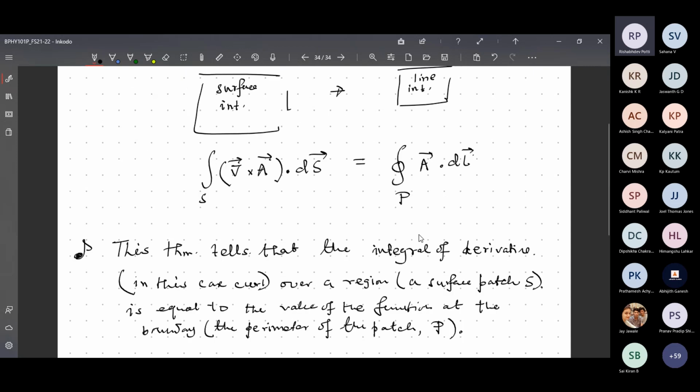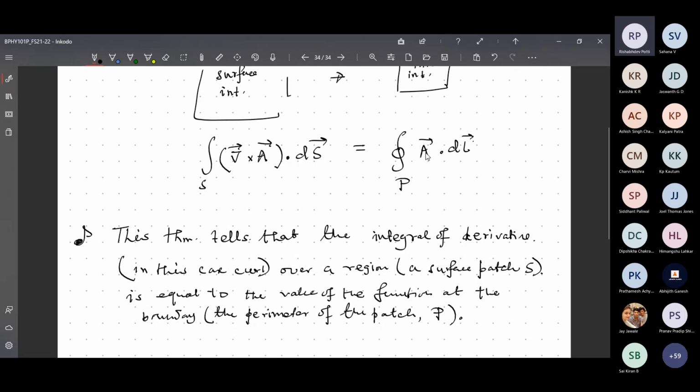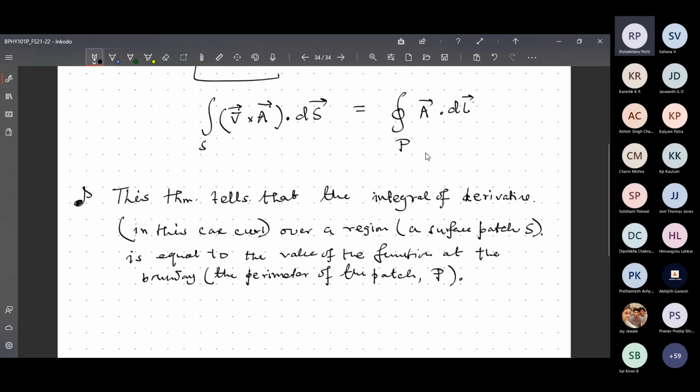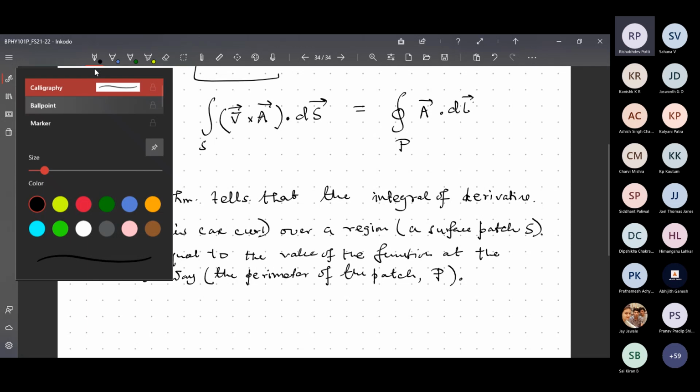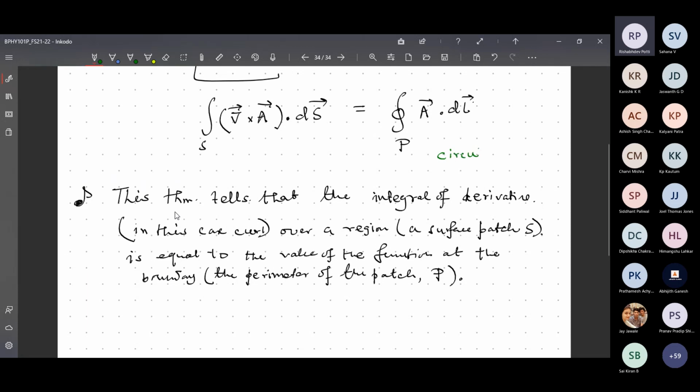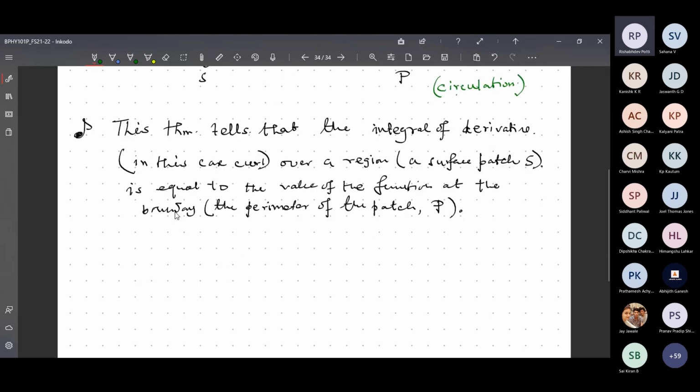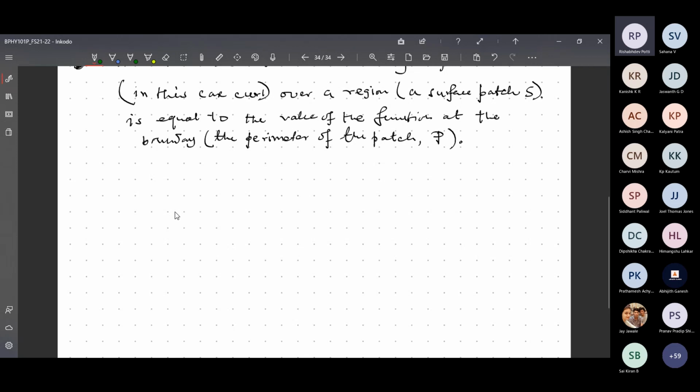So in this case, what is this line integral? Can anybody say? It is a loop. So that loop is also called a circulation. Correct, the idea is correct. More detail you will get from another video, where I will give you in-depth proofs of each of the theorems. Here I will try to illustrate with an example, like in the previous case, so you have a qualitative idea about what we are going to talk about.